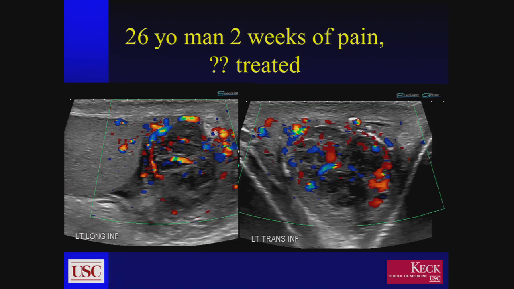This is probably a more common scenario at our hospital. This was a 26-year-old man who presented to the emergency room 2 weeks ago and was treated for epididymoorchitis. He presented 2 weeks later back to the emergency room with increasing pain and swelling, and you can see in this particular case he's got marked enlargement of the epididymis. You can see that there are multiple cystic spaces within it, and that it is hypervascular. And so this is a classic picture of a patient who,